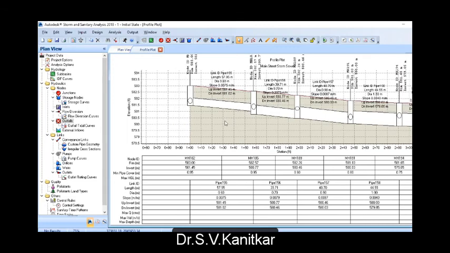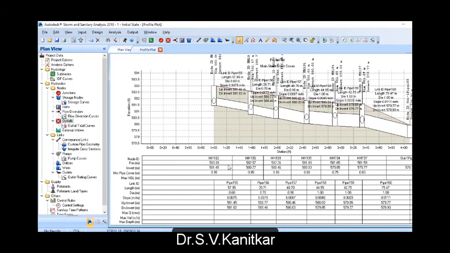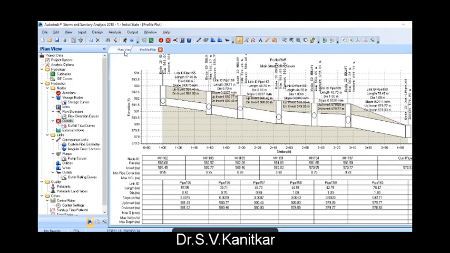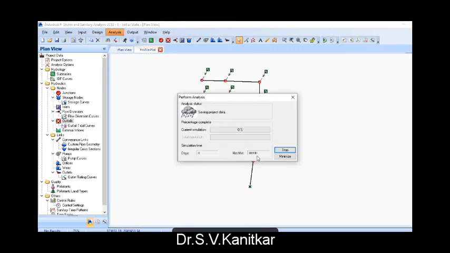So this is what you have before design, and the outfall at the end. Okay, now as you design or perform analysis, because the design is already done, you can simulate and further modify.